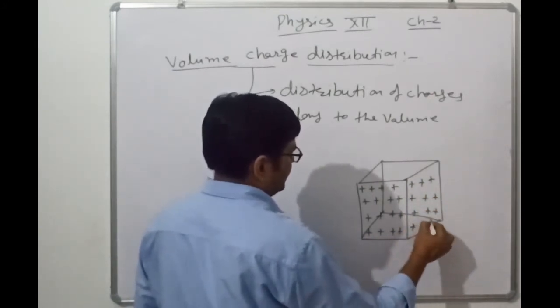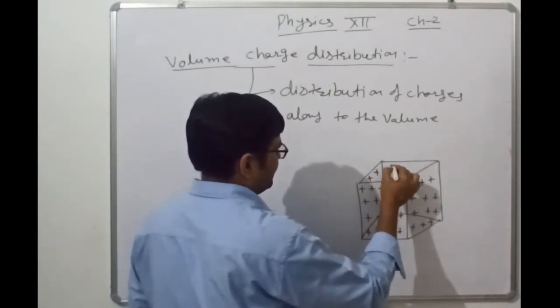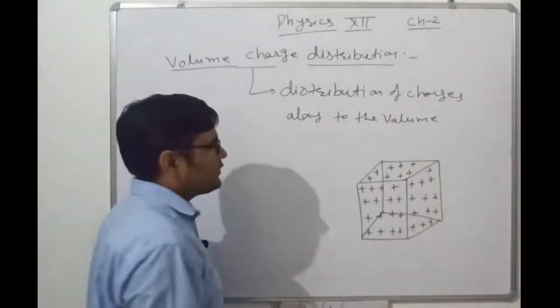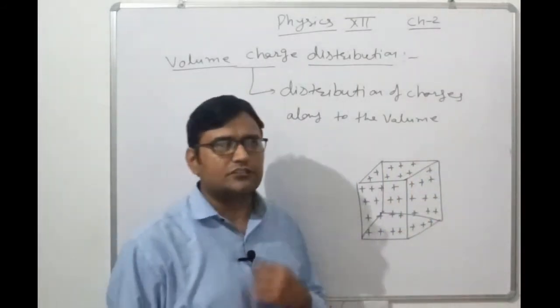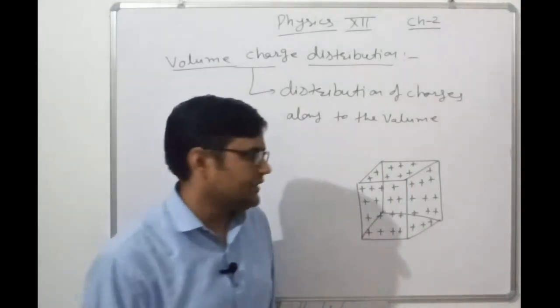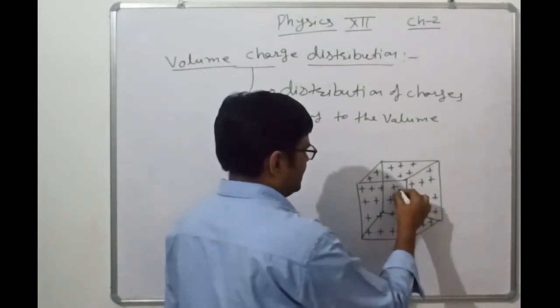These charges are to be distributed upon the surface as well as inside that particular shape. Clear? According to volume, it means the entire surface as well as the inside of the formation is to be filled up with the charges. Here again we are considering the smaller segment in these formulations.